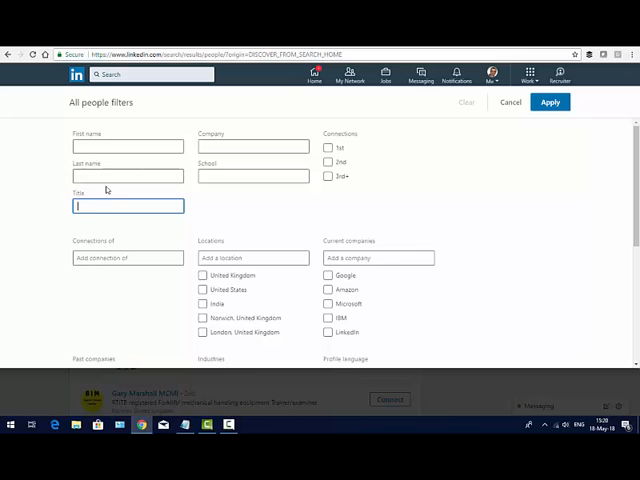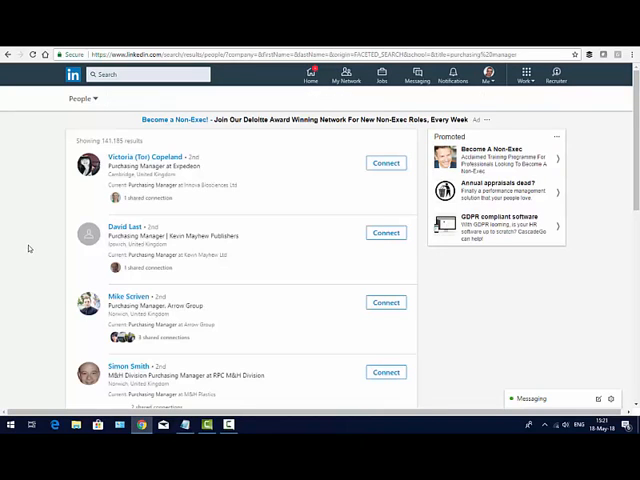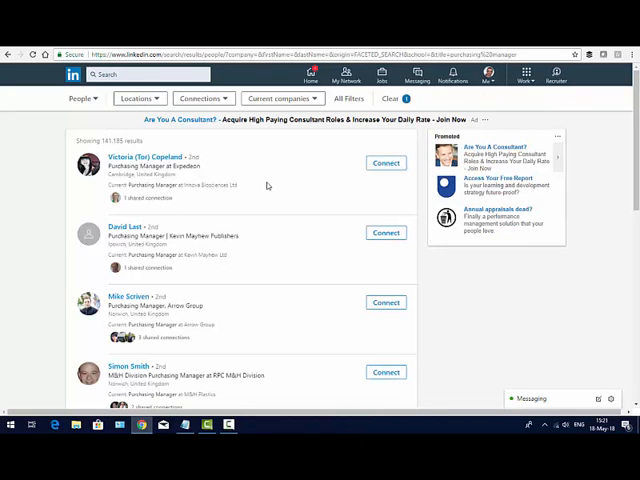So here, in one of those top elements is title. This actually means current job title. So if we type in here purchasing manager, what we are now searching for within LinkedIn is anyone who has both the word purchasing and the word manager in their current job title. Applying that comes out with just over 141,000 people globally who have those particular elements within